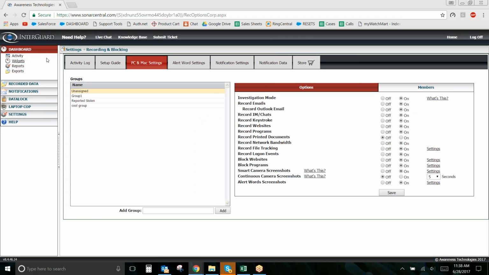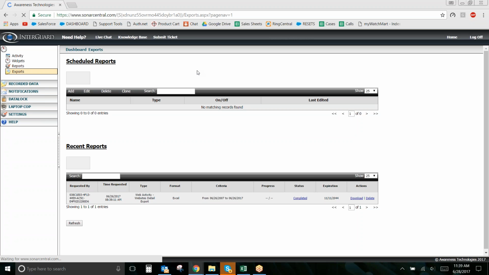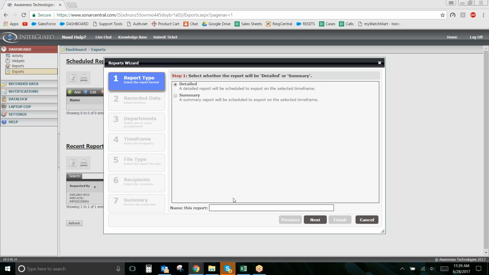The last piece is the reporting piece. So you can build reports to come to you on a regular basis, and it can be any number of things. Usually the best way, I'd say, for web filtering would be to get a list of all websites visited. So you just add an export. We're going to call it a detailed export. We'll call it daily